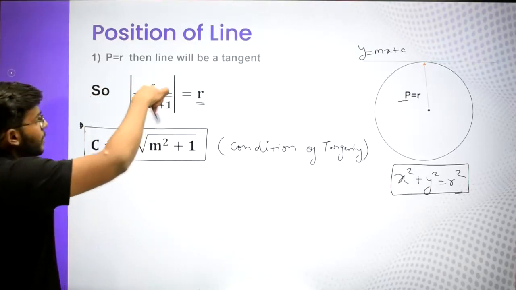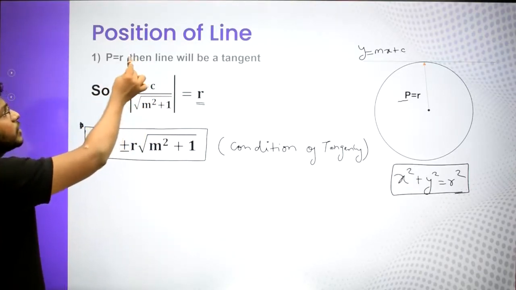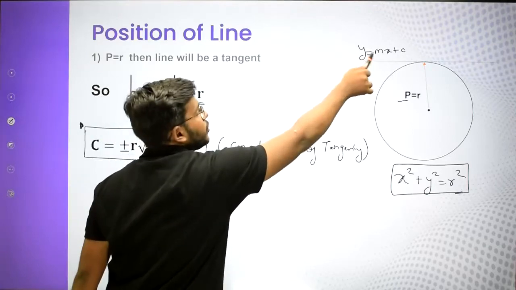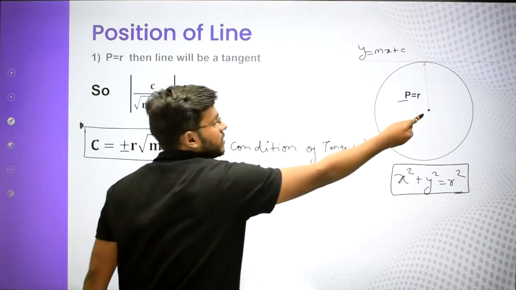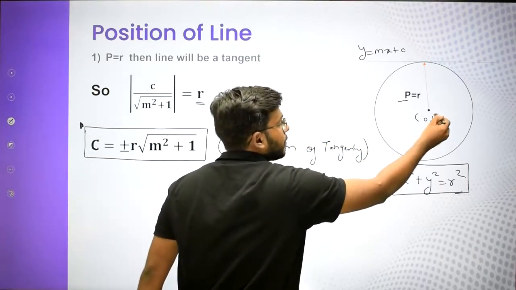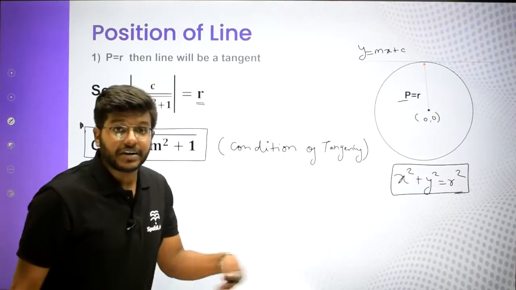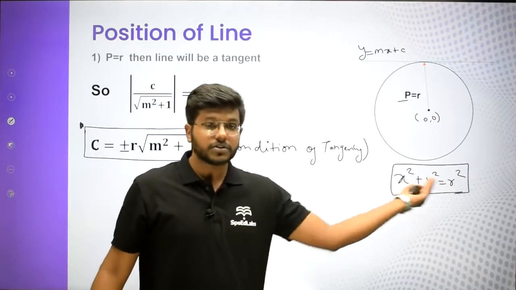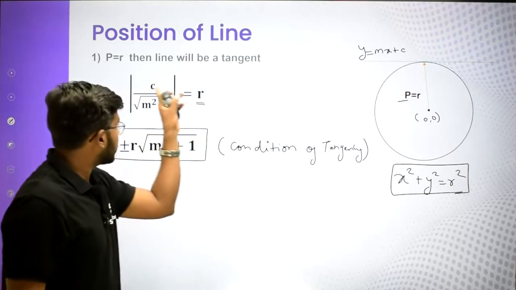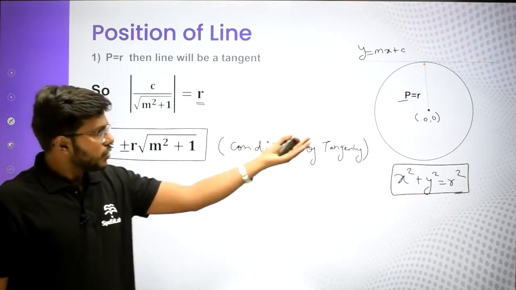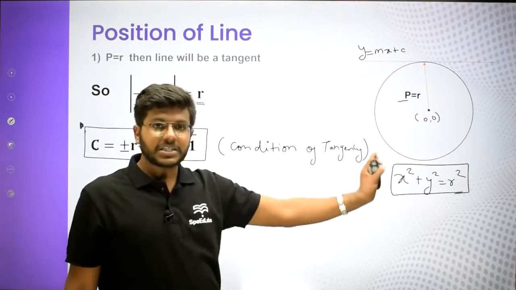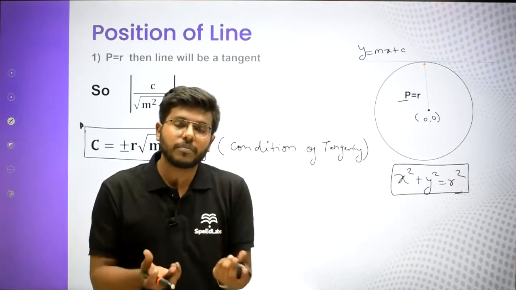तो उस केस में देखो perpendicular distance कुछ और हो जाएगा, है ना, क्योंकि 0 0 कैंसिल नहीं होगा. अभी तो ये c क्यों आ रहा है? Because you are putting 0, 0 in the perpendicular distance formula, right? But if center is something else, if the equation is not this, then in the numerator you will get something else different. So again you can find the perpendicular distance, make it equal to r,